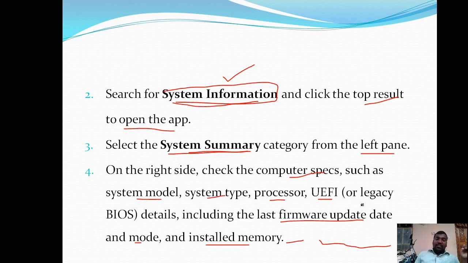Okay, all the hardware or all the devices that are connected to the system are displayed along with their details.